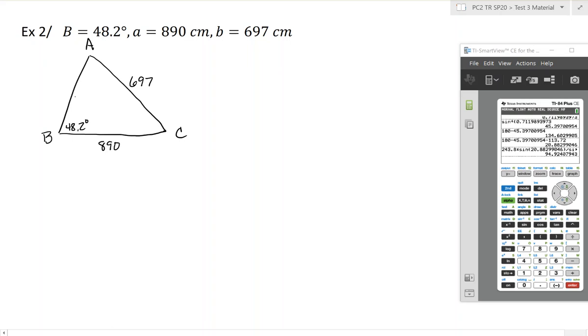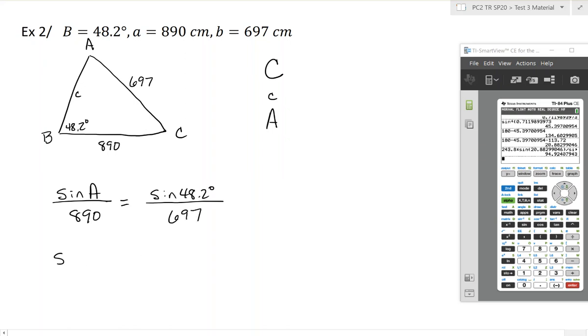And this will be big C and little c. We are missing our big C, our little c, and our big A. Since we have big B and little b and little a, let's go ahead and solve for big A first. Since we're solving for big A, we'll put the formula this way, save us a step. Sine of 48.2 degrees over 697. So I'm going to get sine of A is approximately